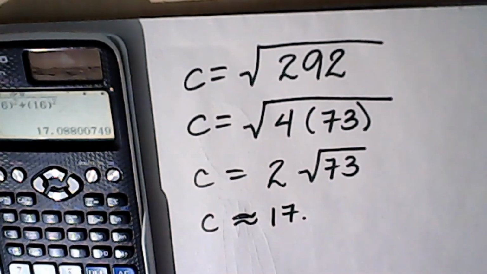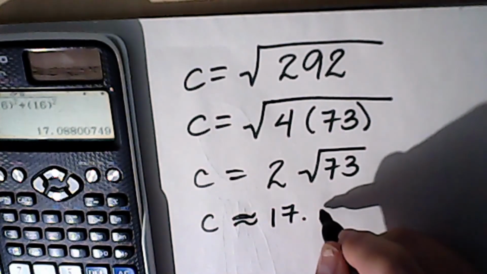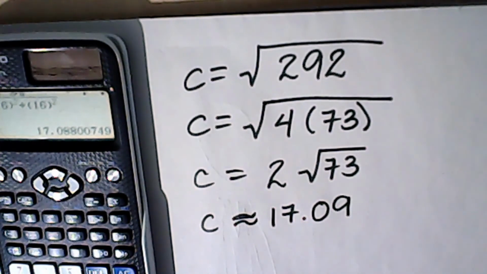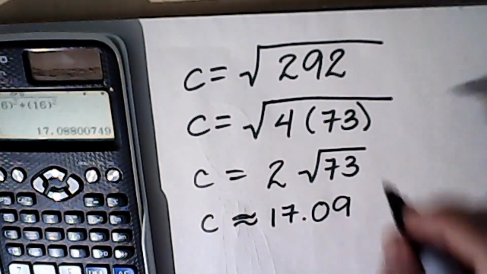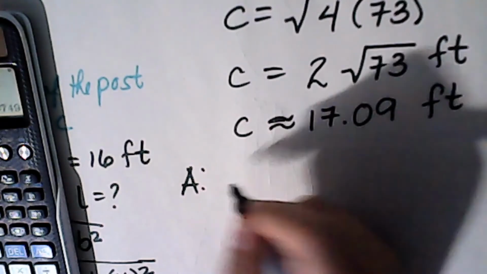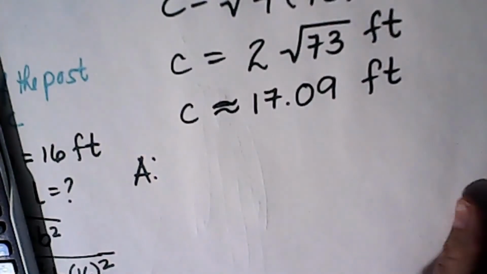When we write it in two decimal places, this will become 17.09 or 17 and 9 hundredths. What will be our unit? Feet. Okay, so for our final answer, we are going to write